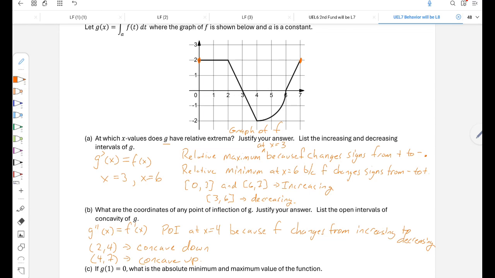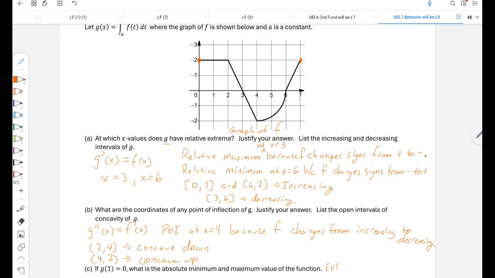All right, letter C. If g of 1 equals 0, what is the absolute minimum and the absolute maximum value of the function? Once you see absolute, or just minimum and maximum without the word relative in front of them, that tells you we have either an EVT question, or sometimes we get to shortcut the EVT because we only have one critical value. We're not going to be able to do that in this one because we have two critical values. But if a function only increases and then changes to decreasing, you can say that that relative max is an absolute max. Otherwise, we need to use the EVT, which means we have to list out all of the